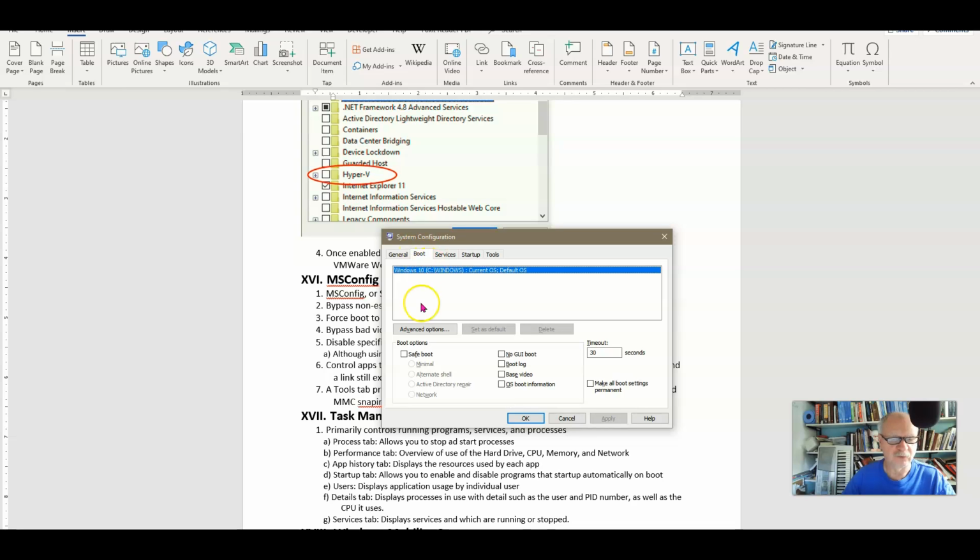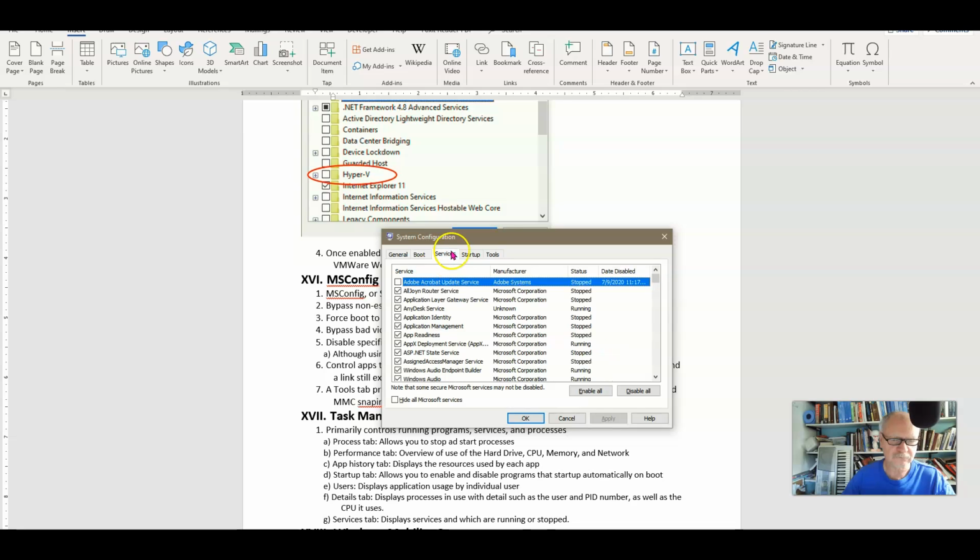On the boot menu over here, or the boot tab, I have the option to force it to boot to safe mode the next time I boot it, or to boot it with no GUI and only command line. I can set up boot logs, how long I want it to wait for me to make a decision when it boots. Over here under services, I can choose what services I don't want to start the next time